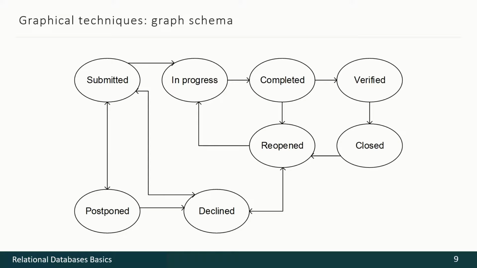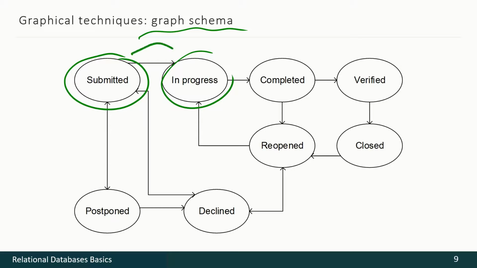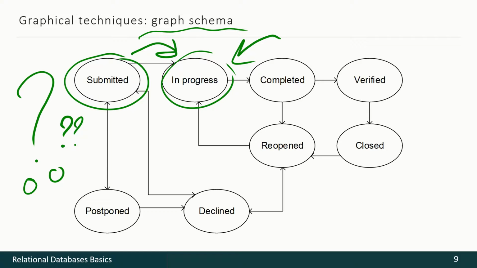And we may also use graph schema to describe some states and transitions between that states in our subject matter. Once again, it works in both situations, when we have some complex unknown subject matter and even if we have simple but rather huge subject matter with a lot of states and transitions between them.